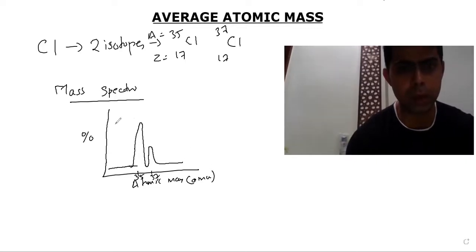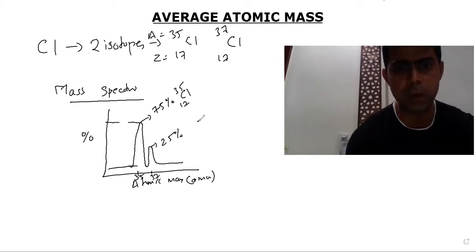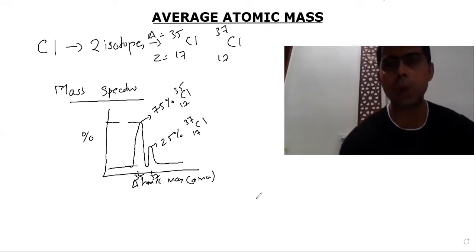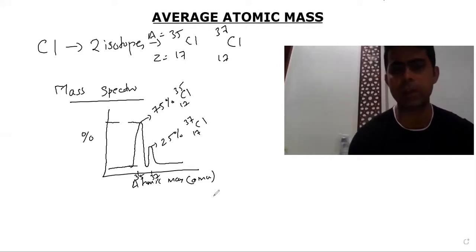And now when you calculate this with the percentage abundance, it comes to around 75% for Cl35, and 25% for Cl37. So now how to calculate this, how to convert this value into average atomic mass. Average atomic mass में कैसे convert करेंगे? So if I want to calculate the average atomic mass of chlorine, I will write down